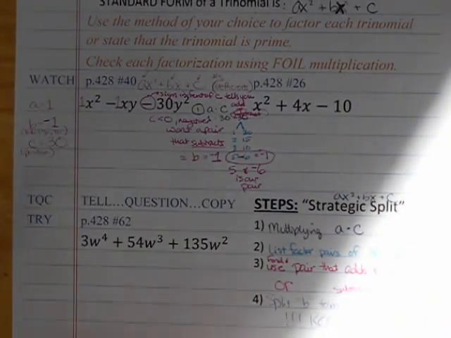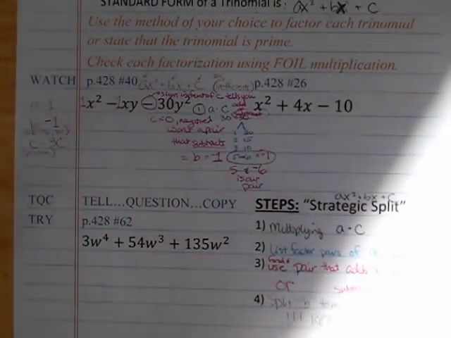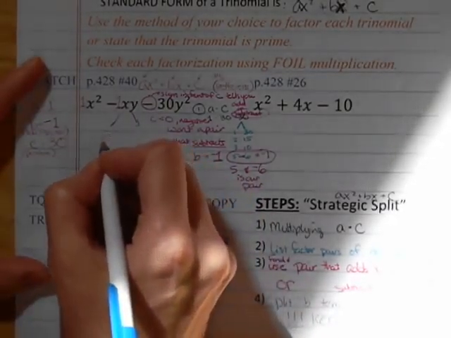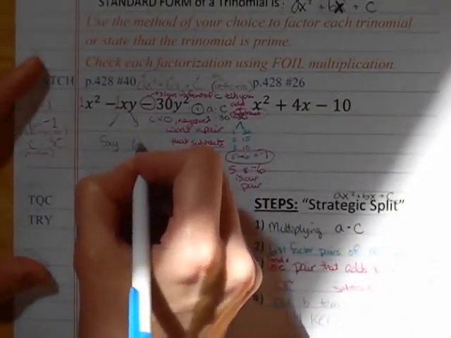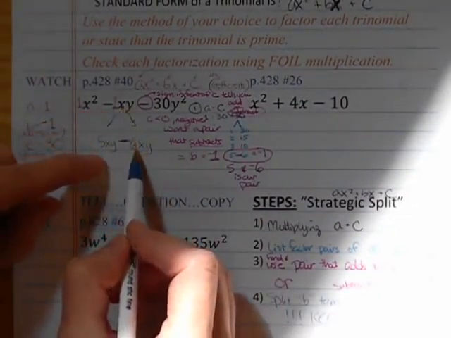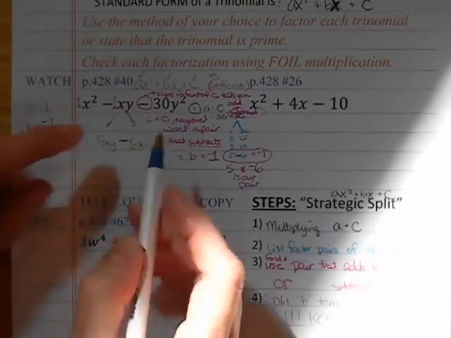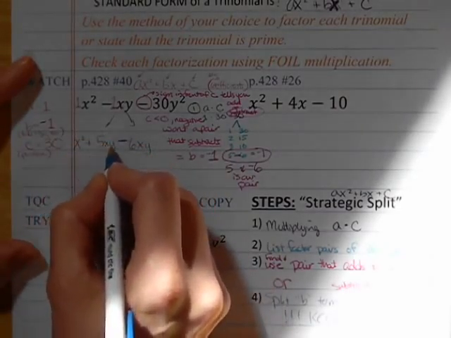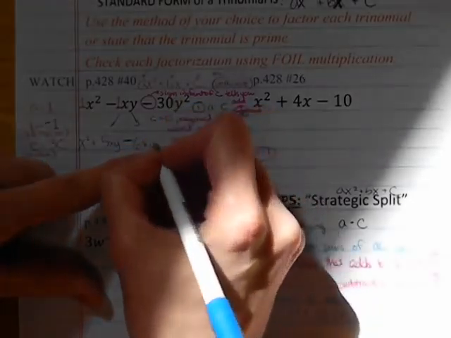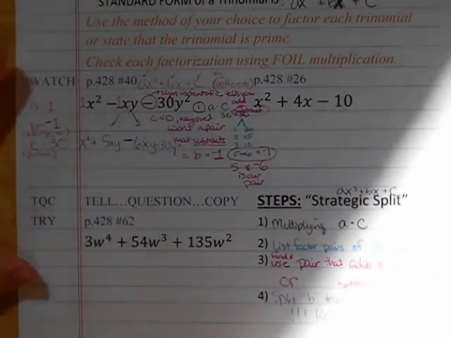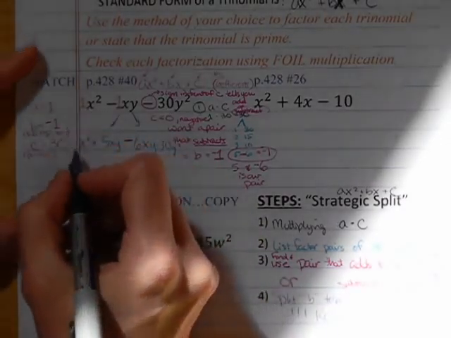Well, what does that look like? Well, that looks like this. We're going to take this pair, this negative 1xy, and we're going to split it. It's going to become 5xy and minus 6xy. That equals negative xy. So we aren't changing anything, we're just doing a strategic split. Okay, so we still have our plain old 1x squared plus our 5xy minus our 6xy, and we still have our minus 30y squared. So what we've done is we've changed our 3 terms to 4 terms. Okay, so now it's 4 terms, and once we have the split,